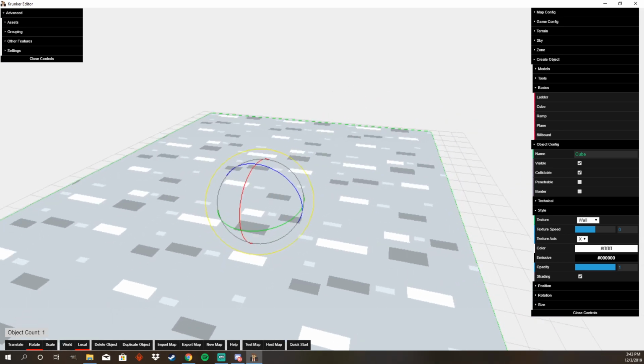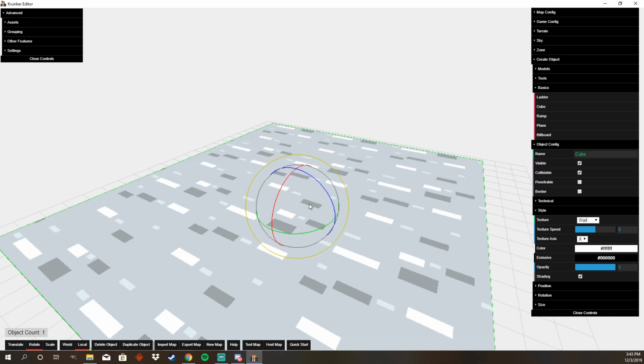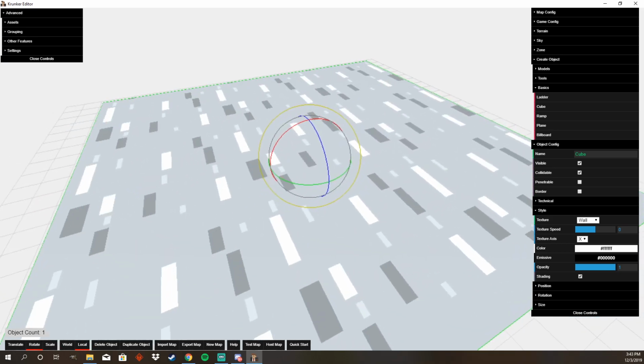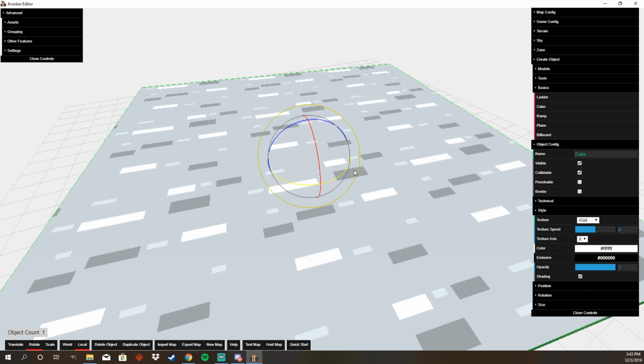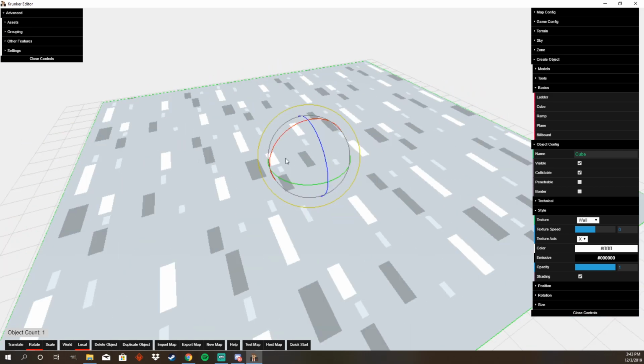And this is where a problem used to happen, where it would rotate the model, but not the hitbox. They finally fixed that. That is why I'm doing this video, because I actually have an interest in making maps again. So cool thing about this rotating tool, you can rotate it not only around the three axes, but